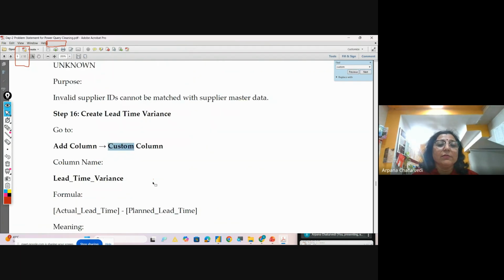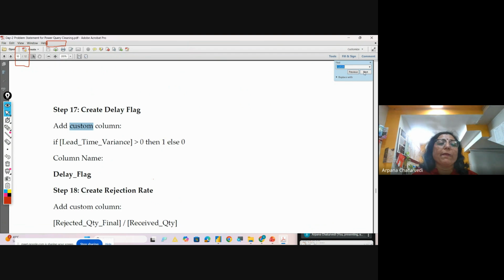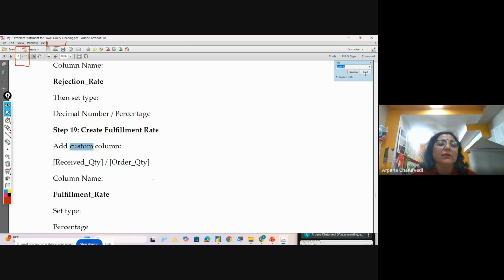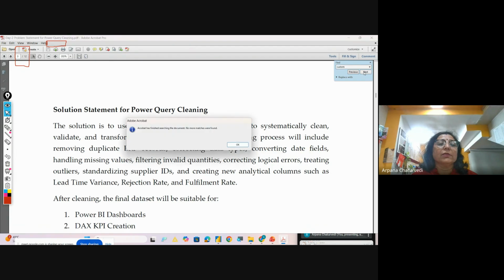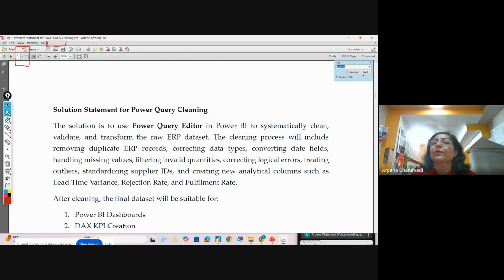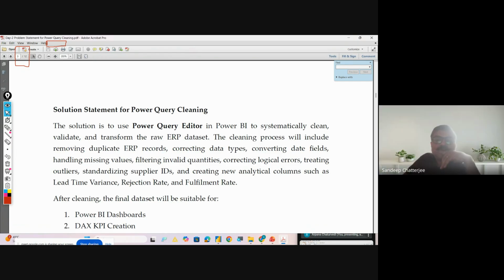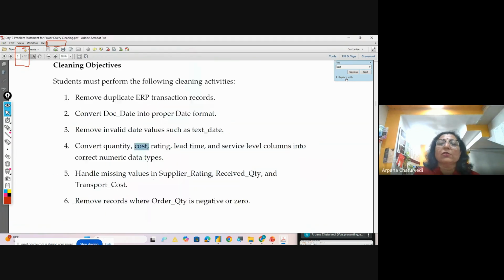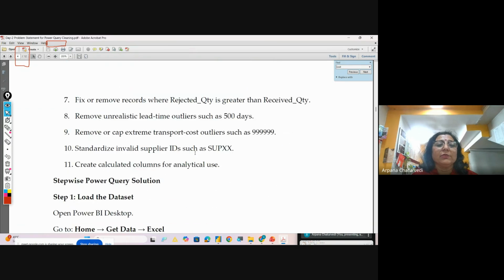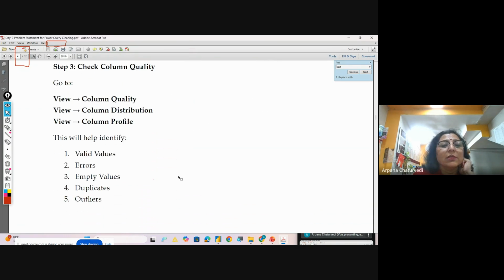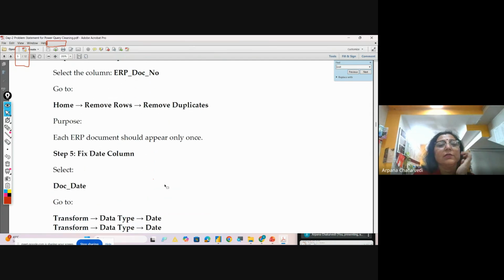कस्टम कॉलम हमने निकाला है, डिलीट फ्लैग। This is suppliers rating, right? It is transportation cost. Let me see. ये हमने कहा है क्वांटिटी कॉस्ट, ये सारा चेंज करना है हमें। ट्रांसपोर्टेशन कॉस्ट वी डिड दिस,